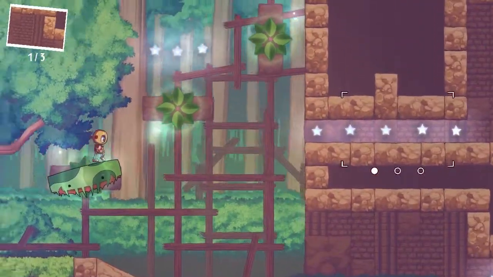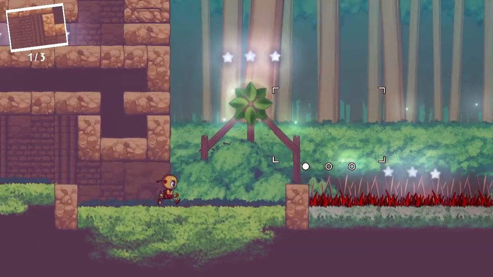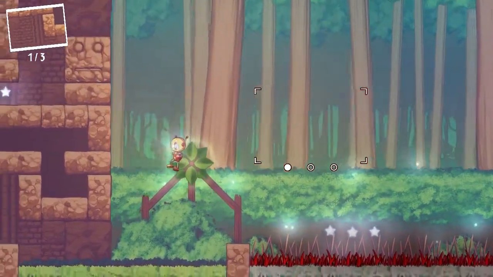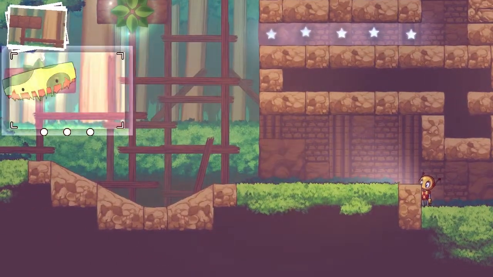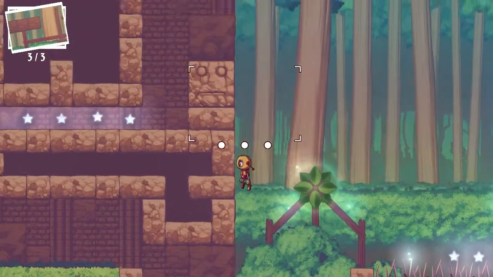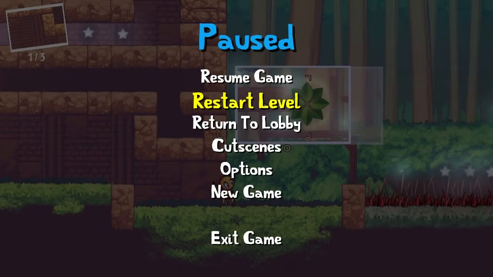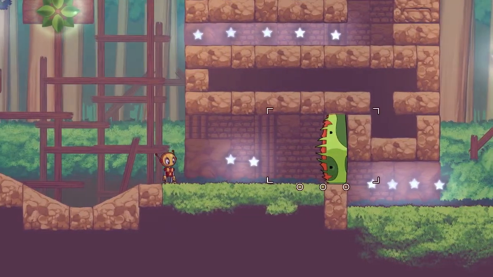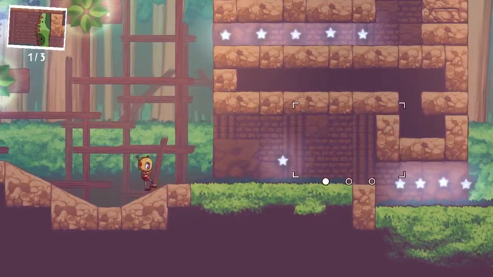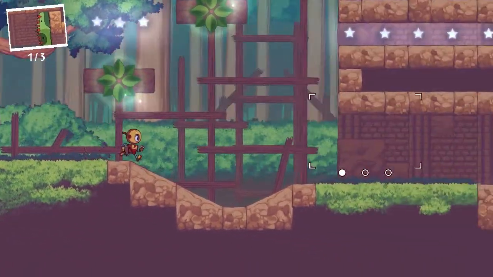All right, is there more of these things, or what? I suppose I can go under. Oh, I can't quite grab that right now. I think we might have to restart this level. It seems like a bit of an oversight on that part. I don't like when levels don't give you a better way to explore, and it's a kind of a sign of it's a bad